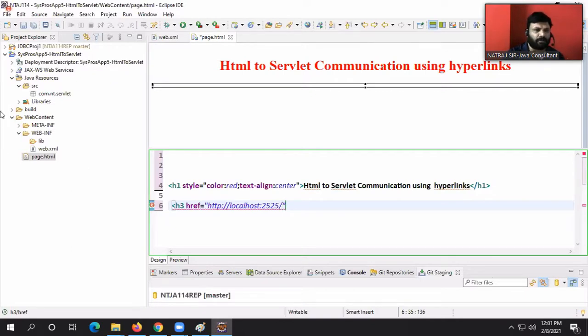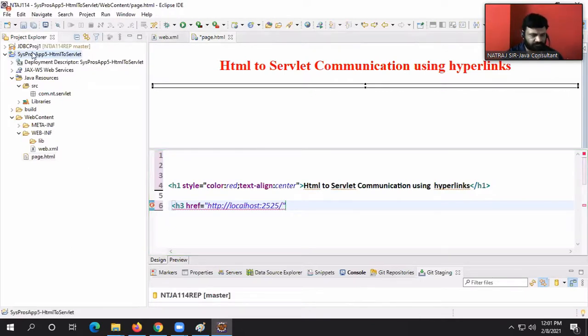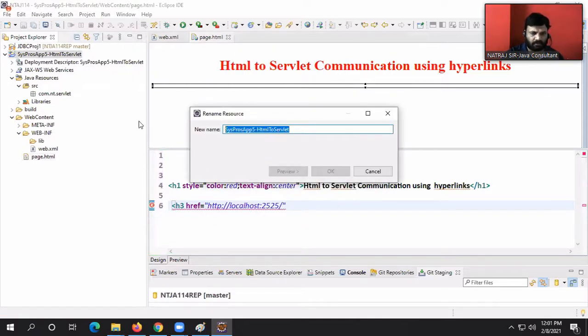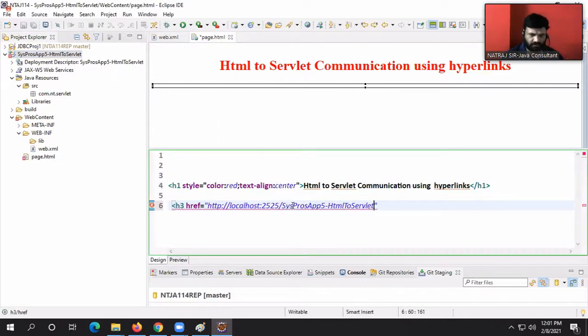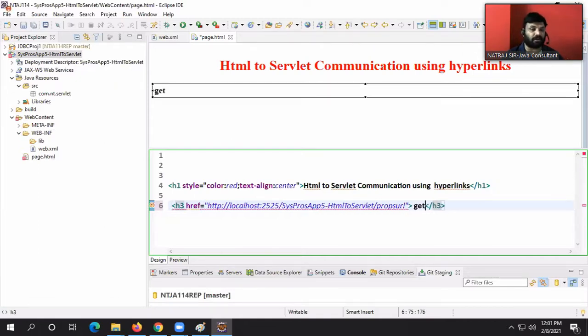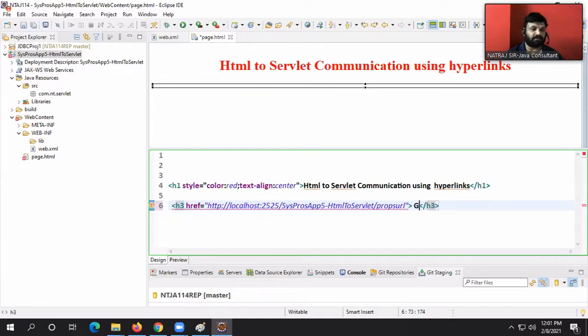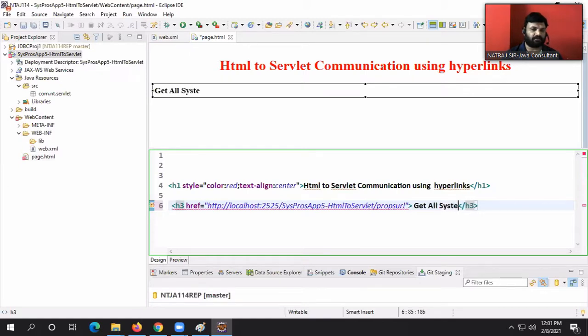What is the web application name, guys? This is the web application name. Okay, give it. I'll give a shorter version also, don't worry. Slash props URL. I'm assuming the servlet URL pattern is props URL. Get all system properties.